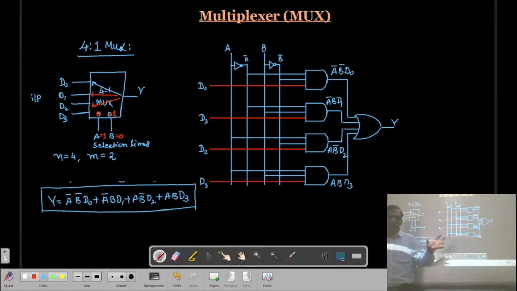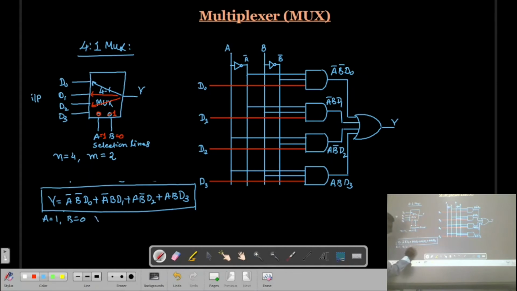Now you can verify by applying A is equal to 0, B is equal to 0. What is the output? A is equal to 0, B is equal to 1. Then what is the output? That you can verify. Okay? Here you can write this expression. Let us take one example, that if A is equal to 1 and B is equal to 0.